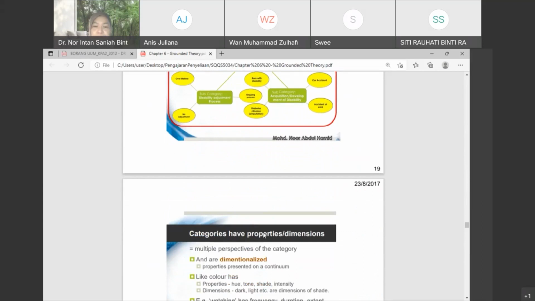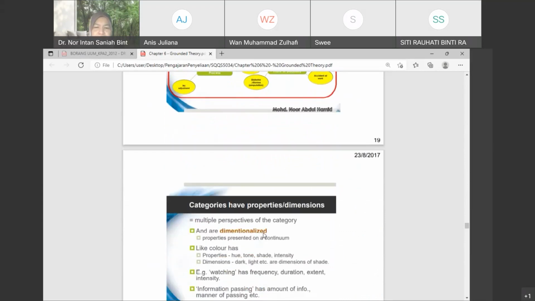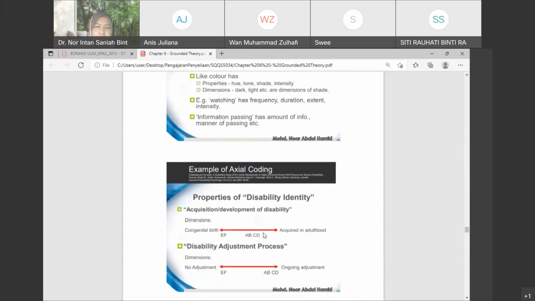And then dia ada continuum, atau dimension. Continuum ni macam ni. Either, let's say, disability identity, mungkin ada yang dapat masa lahir, contoh kan, ataupun dia dapat masa adulthood. Okay, ni how dia develop. So, dia ada continuum dia, ataupun adjustment process. Ada yang tak perlu adjust, kalau daripada lahir dia macam tu, memang no adjustment